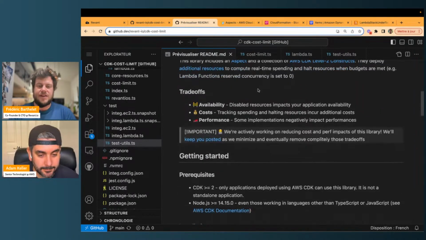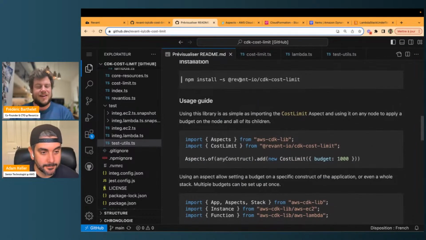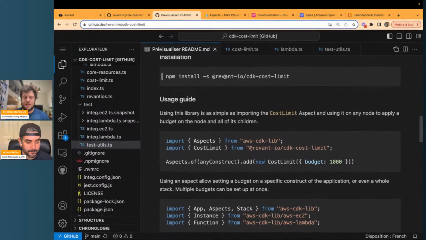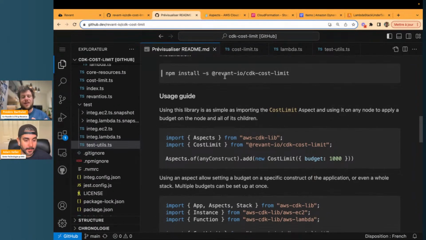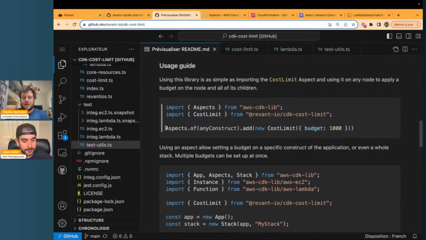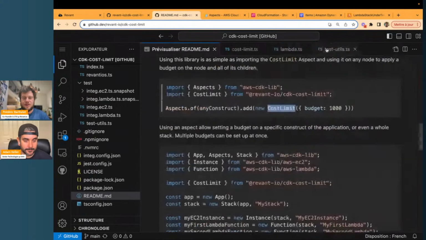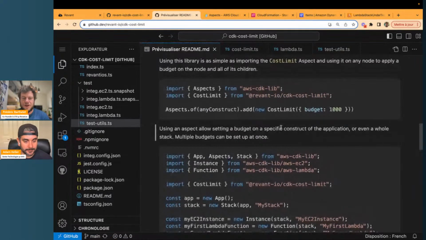And using this aspect is as simple as, of course, installing CDK cost limit as a dependency using your favorite package manager, and applying, using the aspect add implementation that I showed earlier, a specific cost limit with the amount that you want. Oh, sorry, I was clicking everywhere. So let's say I have a specific construct that I want to budget at $10. I can do it with all the resources included in the scope as simply as just adding this line of code. This does not really showcase how aspects can be leveraged here,